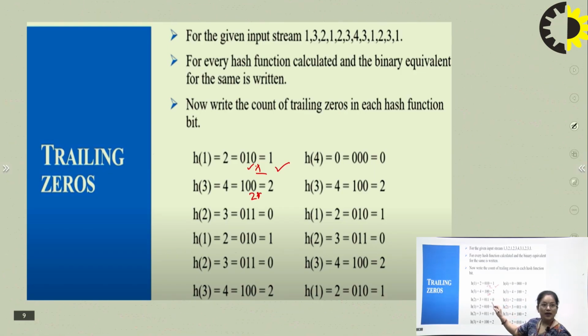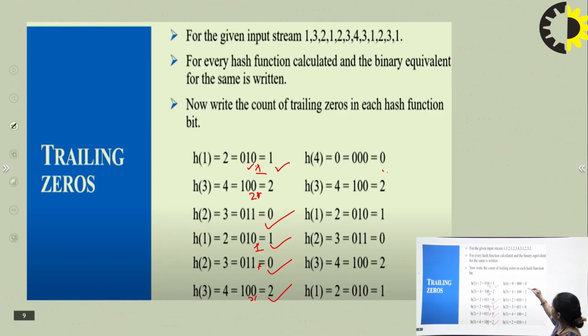Here it starts from 1, so there is no 0, and we do not count further; the trailing value will be 0. Here 1 and 1. Again 1, 1. The 1 is at the start, so we get 0. Here 1, 2 and then 1, so we take the value 2. In the same manner we count for every hash function.